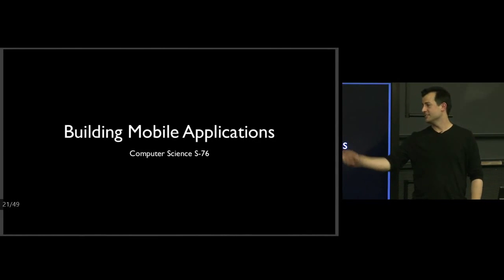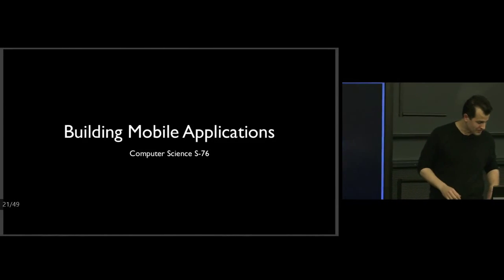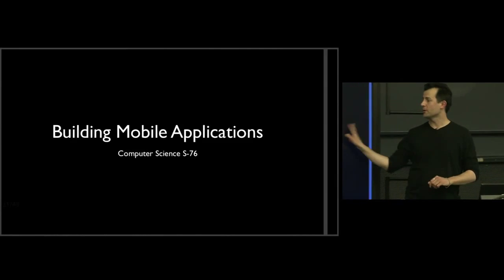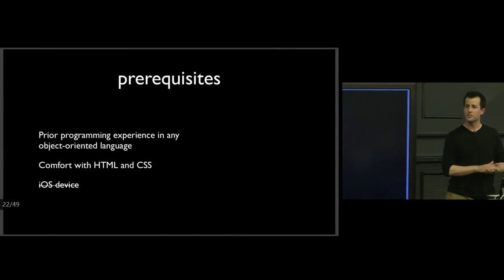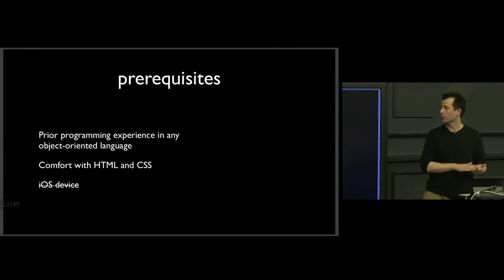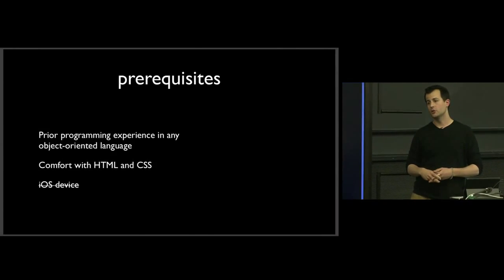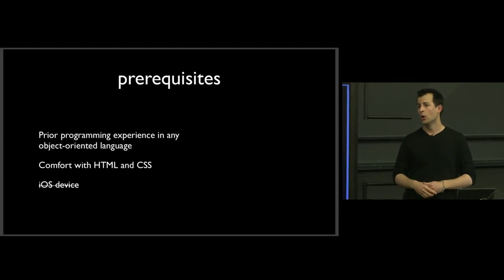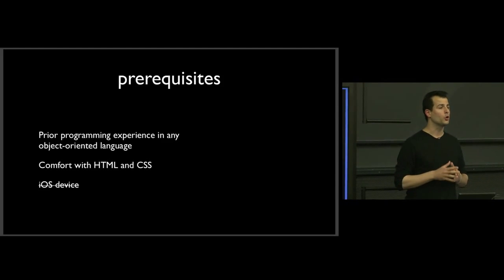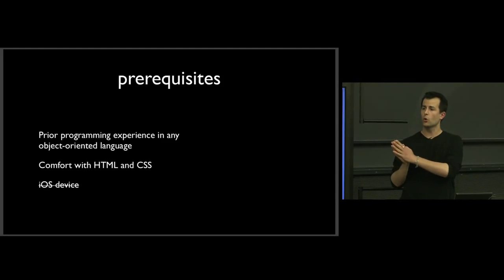So this is building mobile applications. What does that actually mean? The prerequisites for the class as you might have seen in the course catalog, are simply these: prior programming experience in any object-oriented language. So that could be something like Java, C++, C#, or any number of other languages. But the goal is to have students in this course have comfort